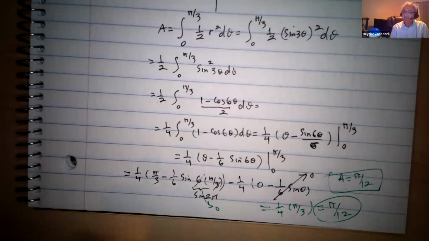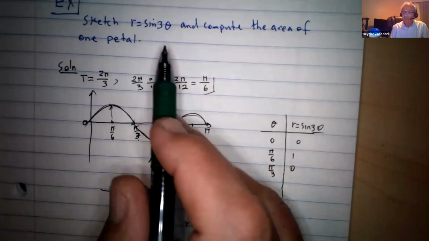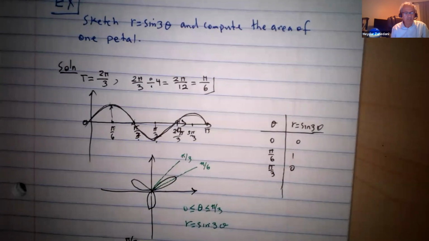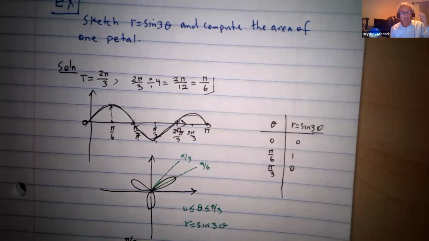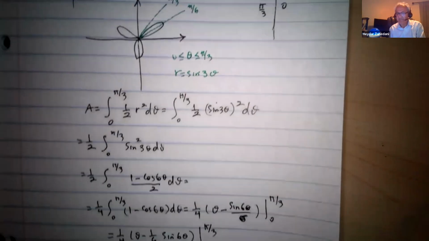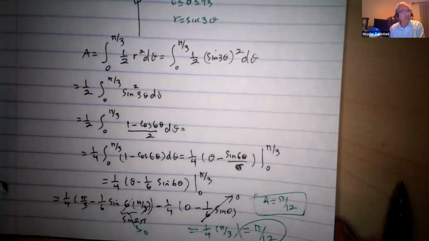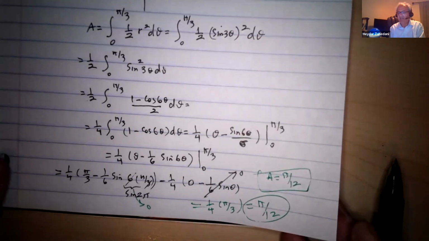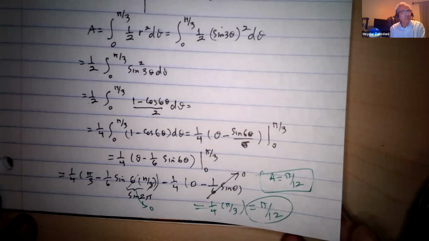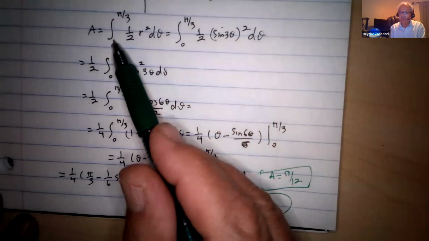Okay, the case that this coefficient is odd. Remember, when it's odd, you get only 3 of these petals. When it is even, you double it up. Study this carefully. These are the only examples that we have. We may change the number of petals, but you must know in advance the range of the